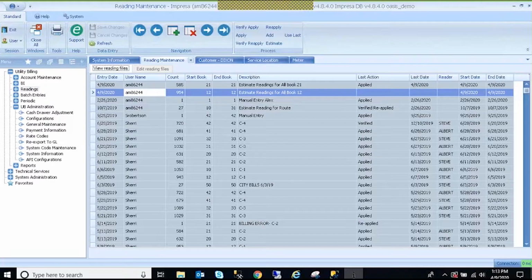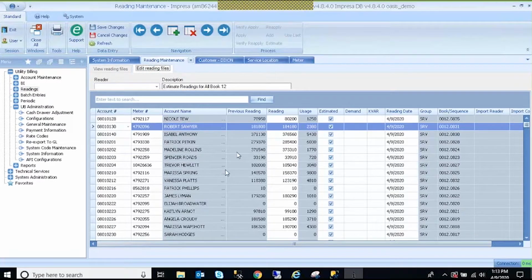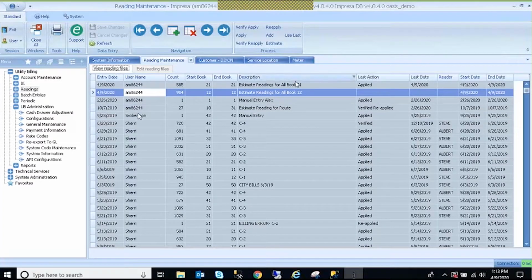You could go into any one of these other ones, and if you see this as unchecked, and you say, well, I don't know what the actual reading is, so I'll just hit estimate and save, and it'll do the estimate. You'd use that same method that we looked at earlier on system information, and it'd apply the reading or the usage that way. So that is when it comes to creating these estimates, is just going in using this estimate button,